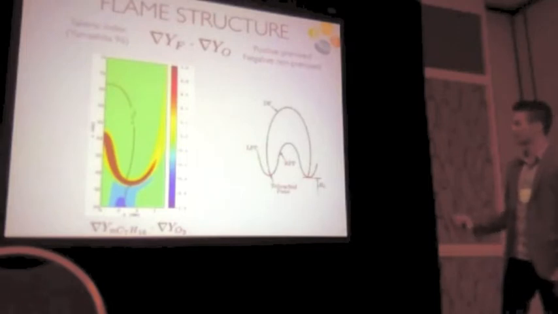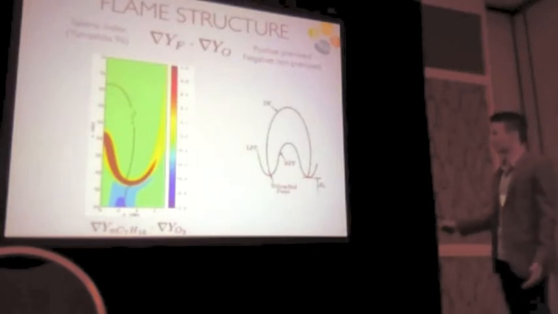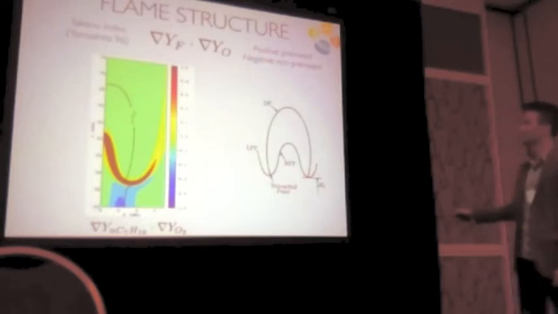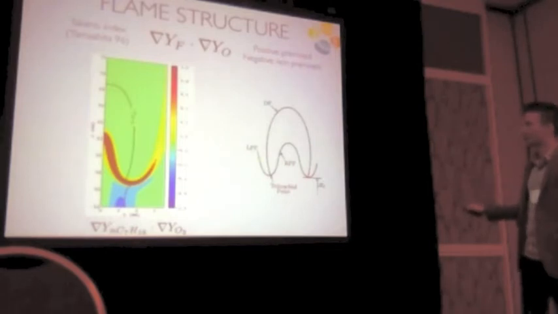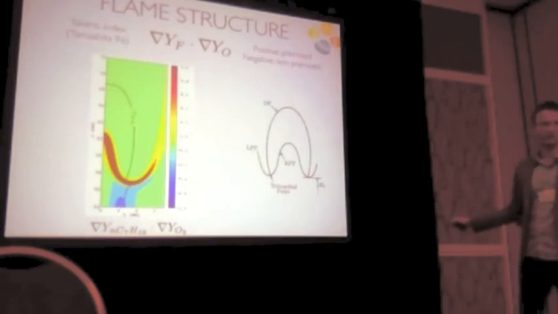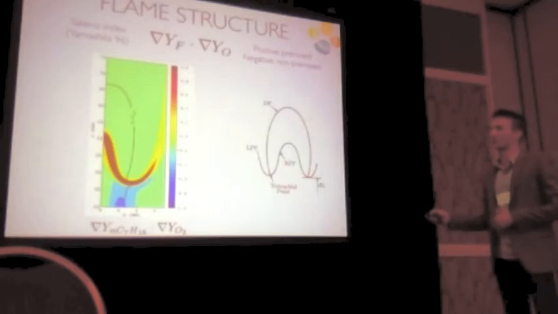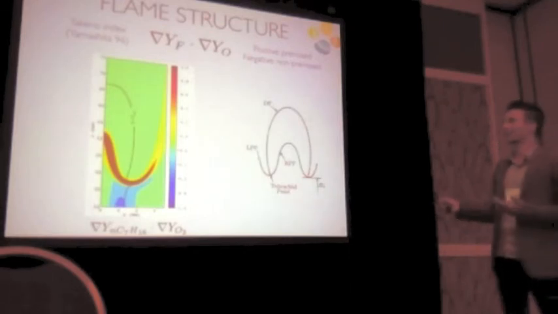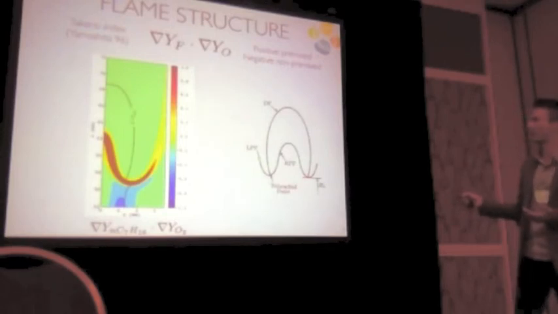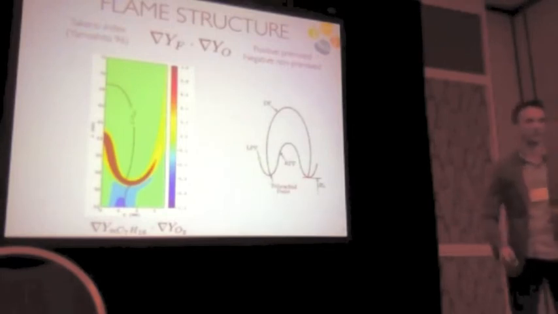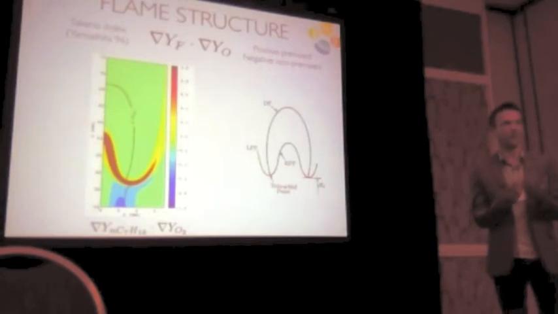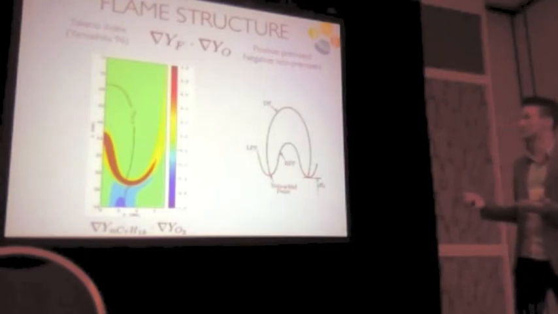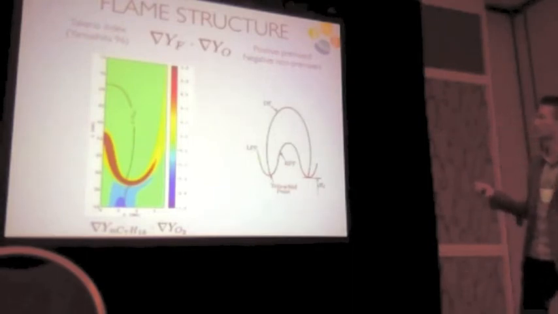The flame structure, as I said at the beginning, is rather complex. It has three flames: lean premixed and rich premixed rings, together with a trailing diffusion flame. Now, to identify these regions in the flame, we use the Takeno index that was developed almost 20 years ago. It's a dot product of two gradients: the gradient of the mass fraction of fuel and the gradient of the mass fraction of the oxidizer. So, if these two gradients are aligned, the resulting value of the dot product is going to be positive,